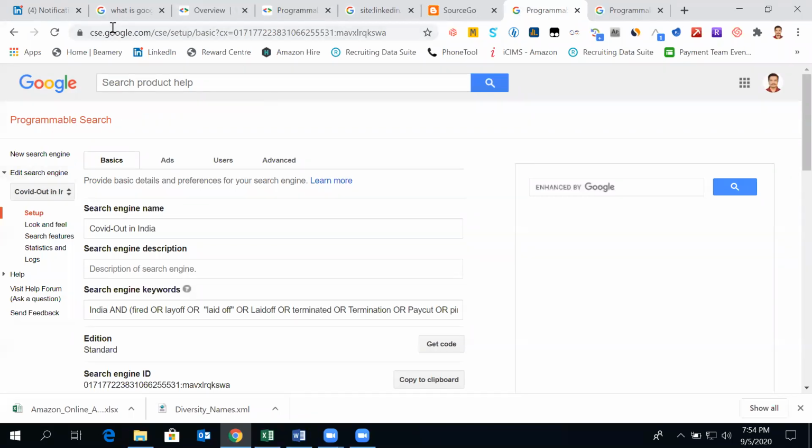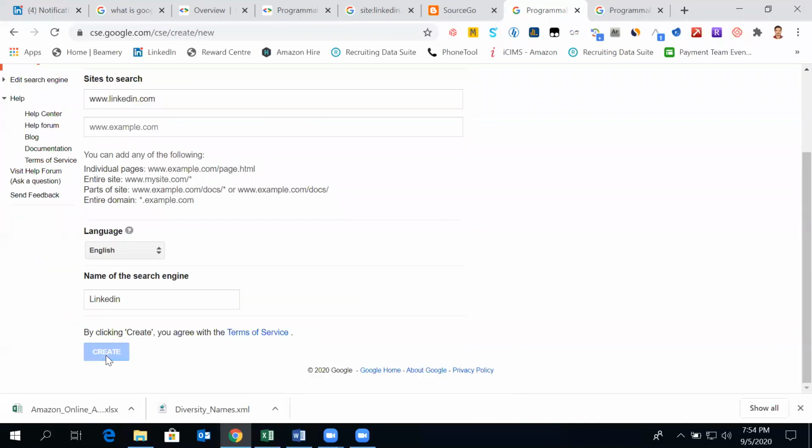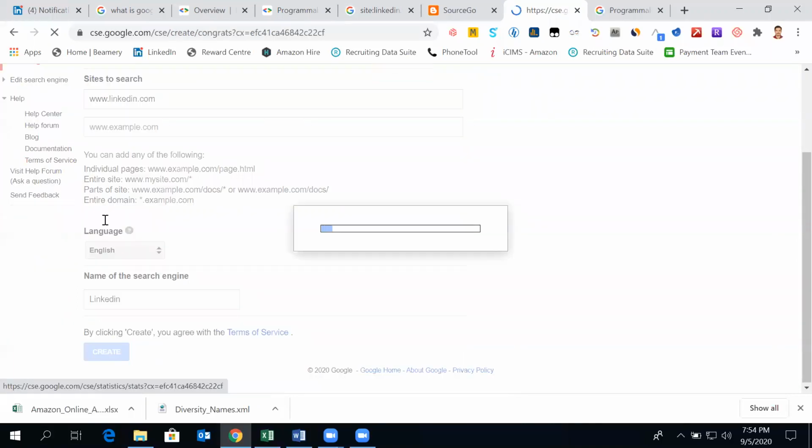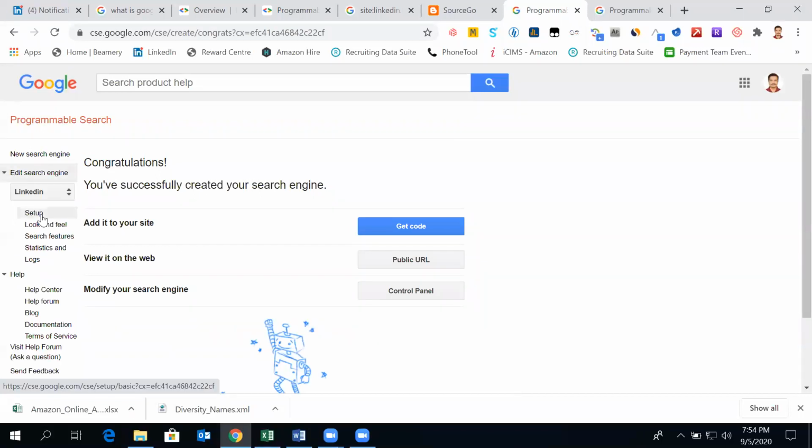So just go to google.com/cse, new custom search engine. Create. Once it gets created, edit search engine, come to setup.